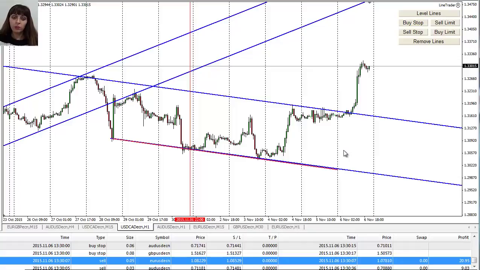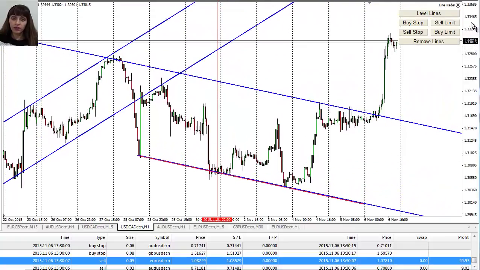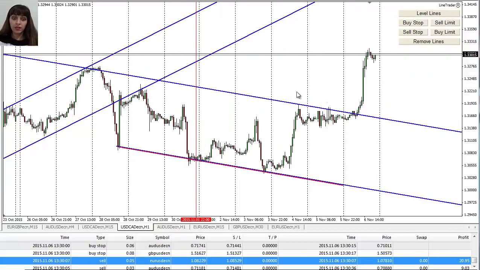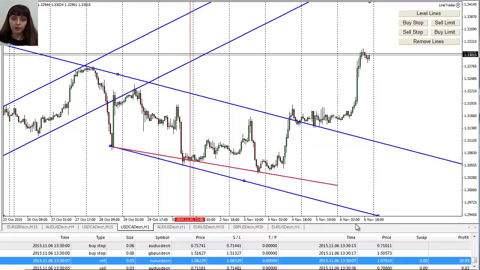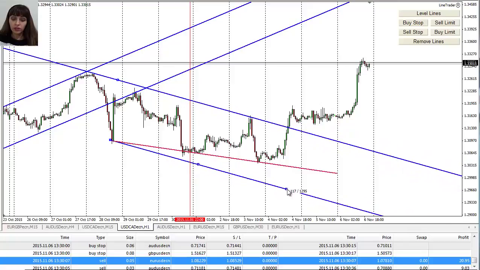But euro dollar is the one, and I'm concentrating on it more. But if, for example, I would have traded the Canadian, you can see, and if any of you are interested in trading, it's all the same. You can see the main trend, the blue lines. But as you remember, I was making a video about the Canadian dollar before. That's why I decided to tell you a little bit.